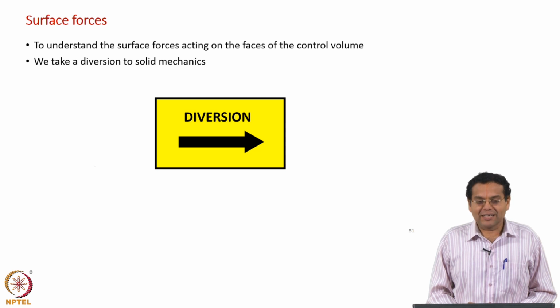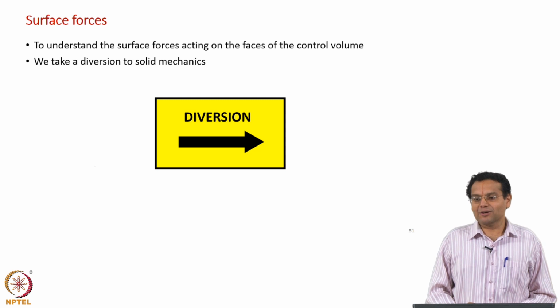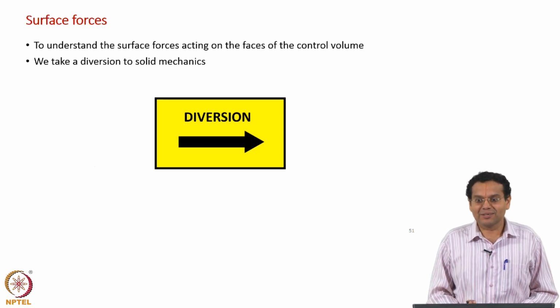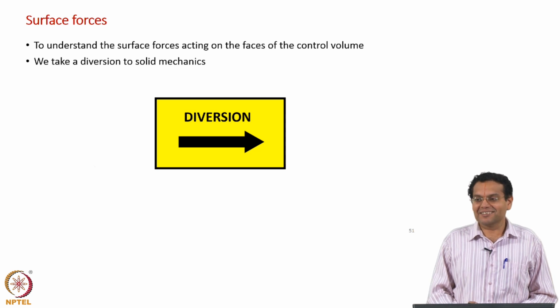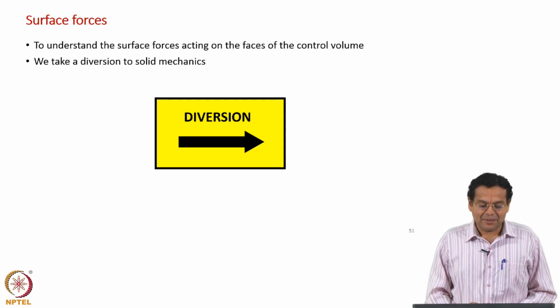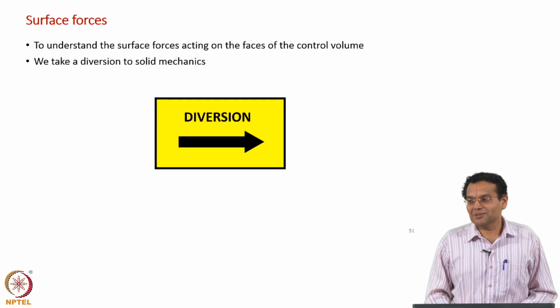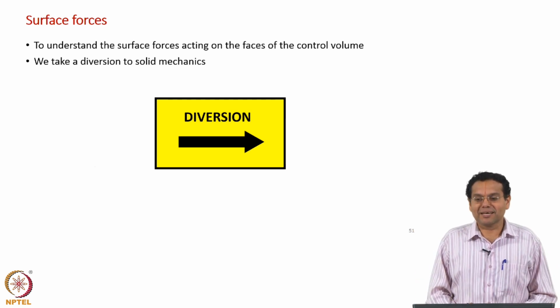Why should we take a diversion? First of all, if you are on a highway travelling at, let us say, 100 km/h and you look at a diversion board, what is the first response? Irritation. You get highly irritated that you take a diversion. But if on the diversion you are going to meet fluid mechanics, and you meet solid mechanics, and that solid mechanics tells that I know fluid mechanics very well, good friend of mine, we share a lot of commonalities, then you are happy.